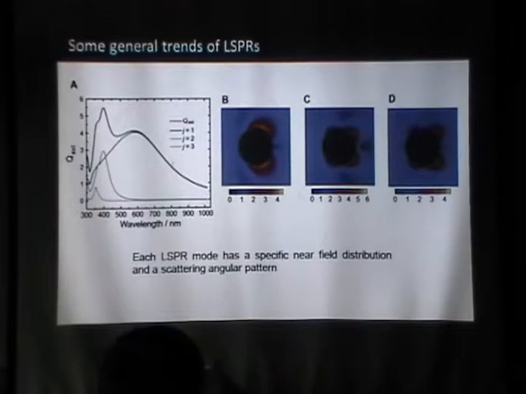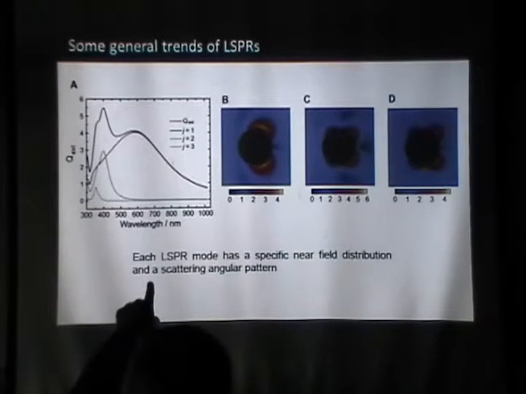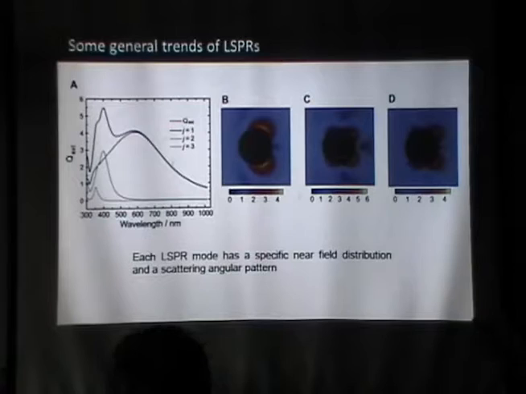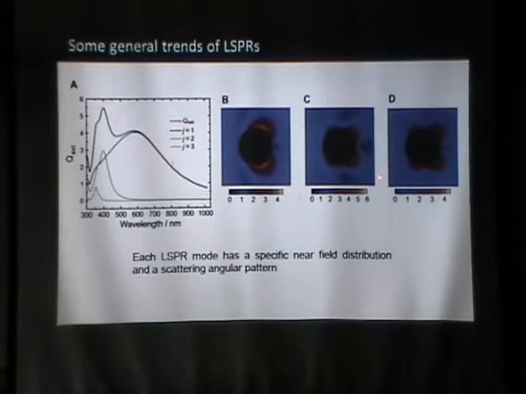Yes. Question. So this is a gold sphere? This is a silver sphere. Silver sphere, and the excitation is what wavelengths? In the three cases, it is three different wavelengths. So this one is excited here to see the electric field distribution of the dipolar resonance. This one is excited here at the peak of the green to see the quadrupolar resonance. And the last one is excited here to try to see the field distribution of the octupole resonance. But we don't see much difference because we are also exciting a lot of the quadrupole and the dipolar